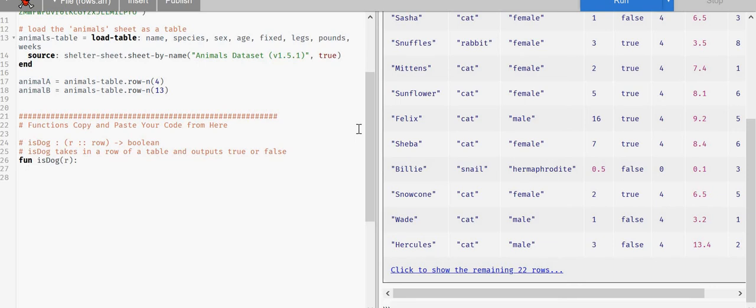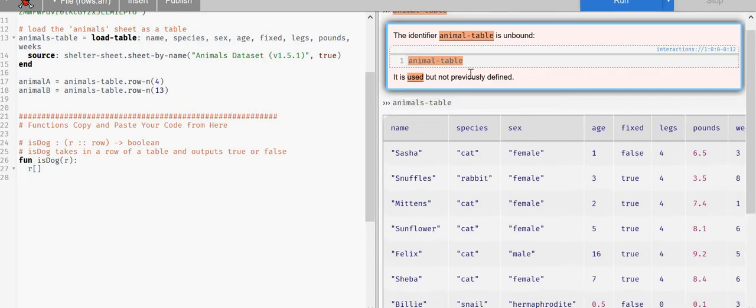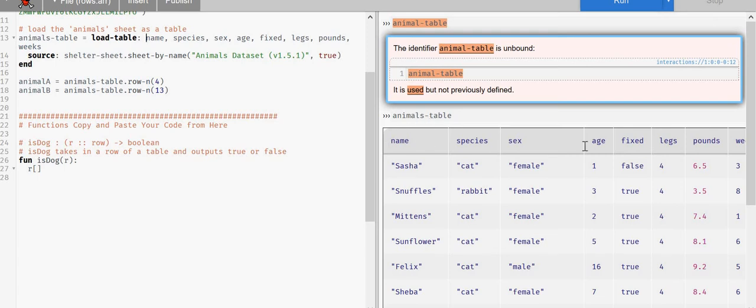And now how row works when you have a row, you use these brackets, and you could pick anything that is in this load table, or if you hit animals table, anything up here, which is the same. So what are we going to need to check here? We're going to need to check the species, right? So we're going to say species, which we put in quotes because it's a string,